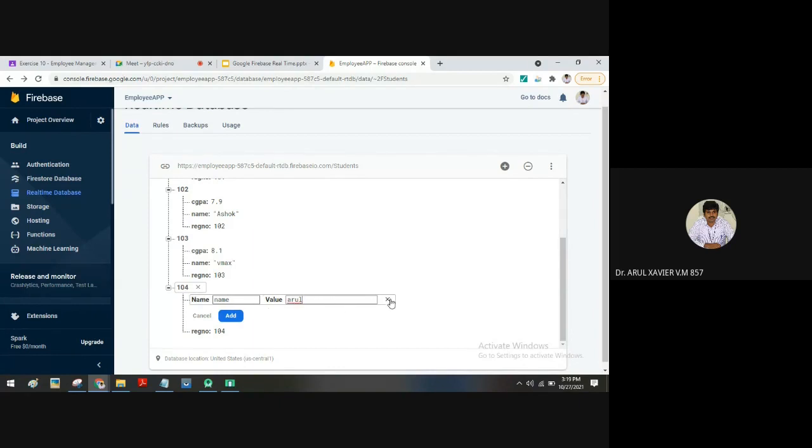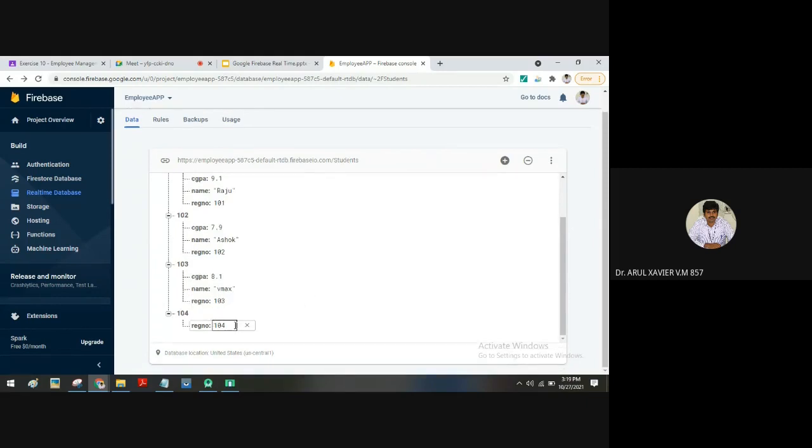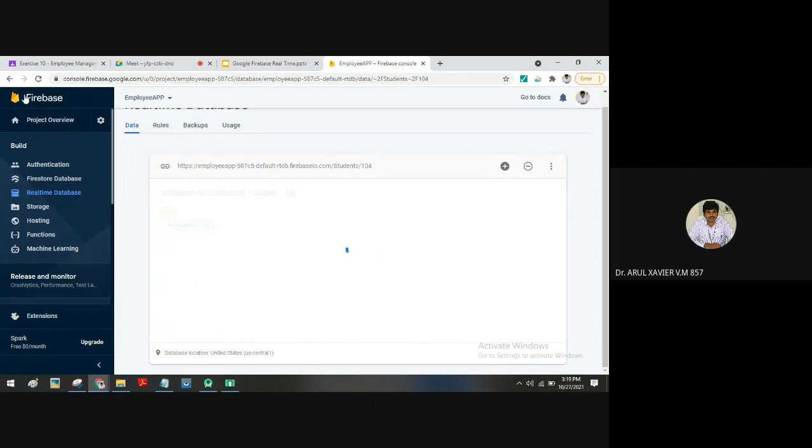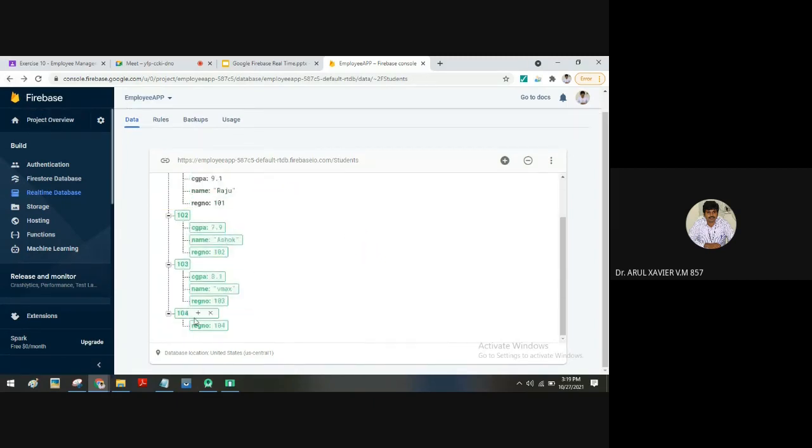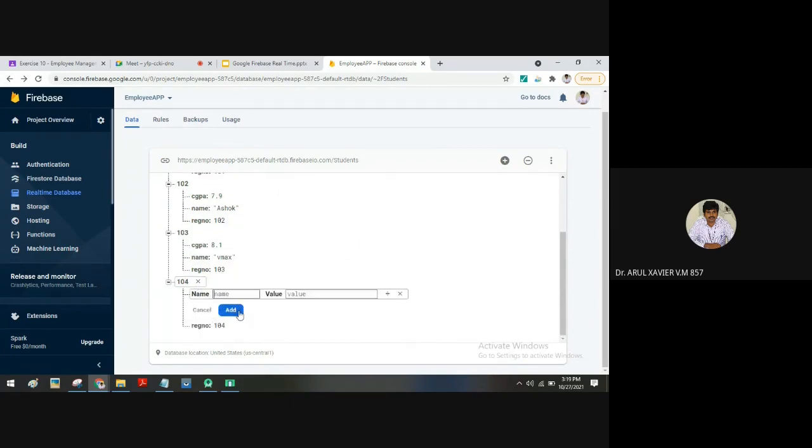Okay, I think not here. Here we have to add, right? Register number, so register number is already there, right? Name, Vmax.